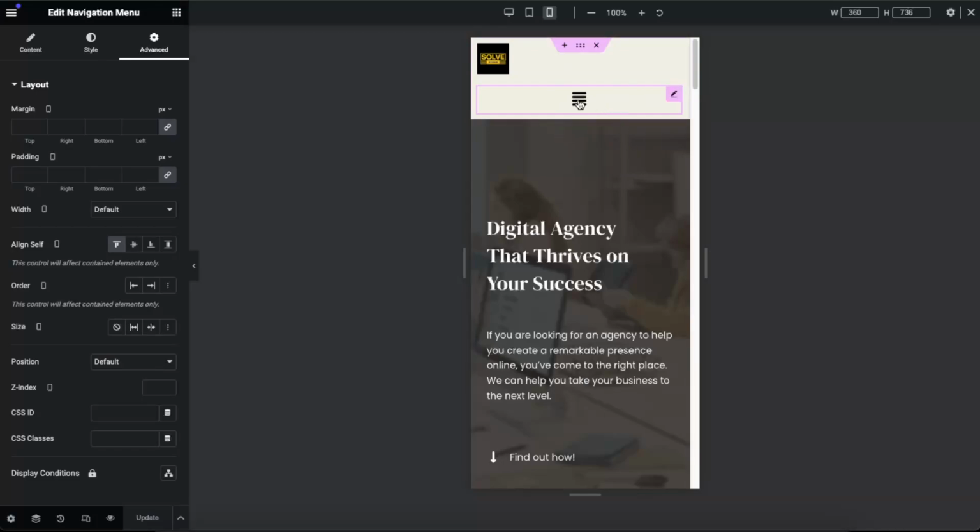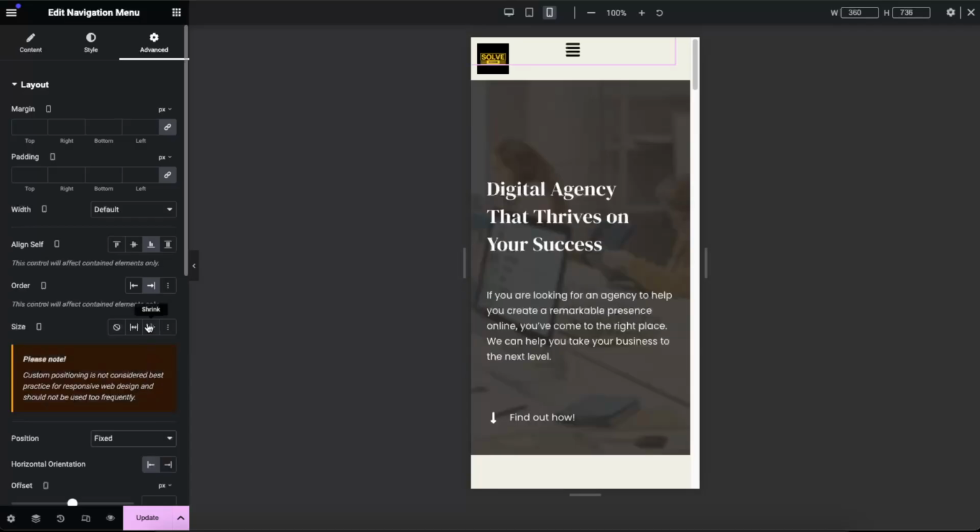So for example, the navigation menu, I would like to be aligned more to the end. And if we can change it, of course. Now we can also change the position. And also let's do this. You can also go ahead and change the margins. So for example, if you want it to be to the left or to the right, we can just drag it along just like so